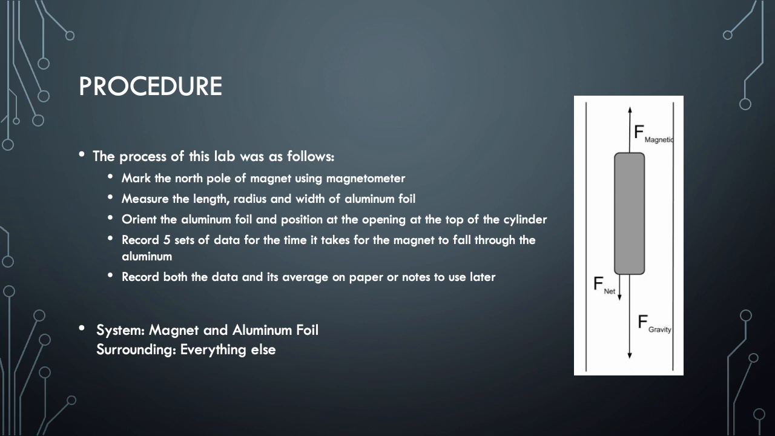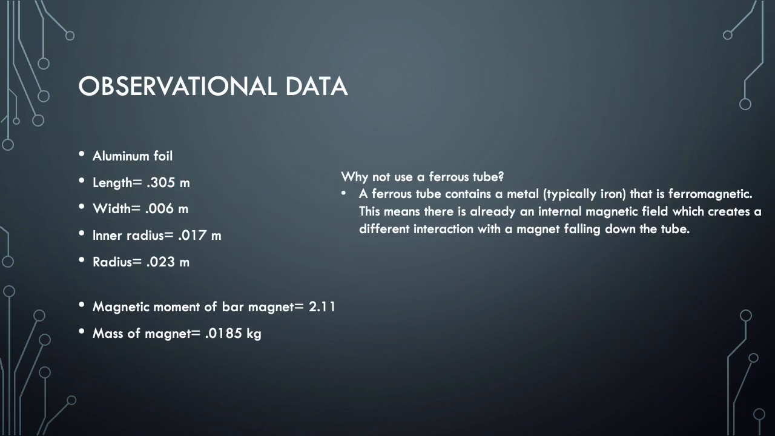to the computational model. As for the system and surroundings, the system was the magnet and the aluminum foil, and the surrounding was everything else. As for the data and measured values, for the aluminum foil, the length was 0.305 meters. The width was 0.006 meters, the inner radius was 0.017 meters, and the radius was 0.023 meters. The magnetic moment of the bar magnet was 2.11, and the mass of the magnet was